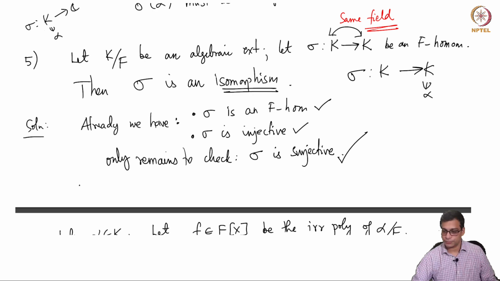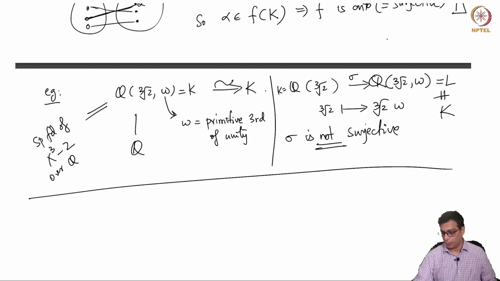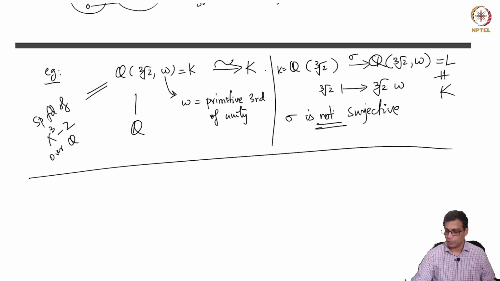Okay, so same field. Then you have a surjective map. Otherwise, you have an isomorphism, but onto something smaller than L potentially. Okay, so that's all I'm emphasizing here. Now let me just give some terminology and stop this video.